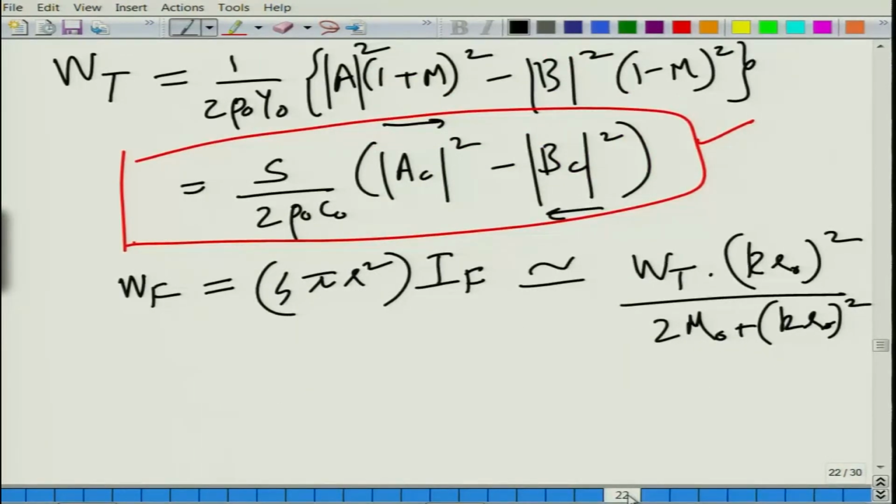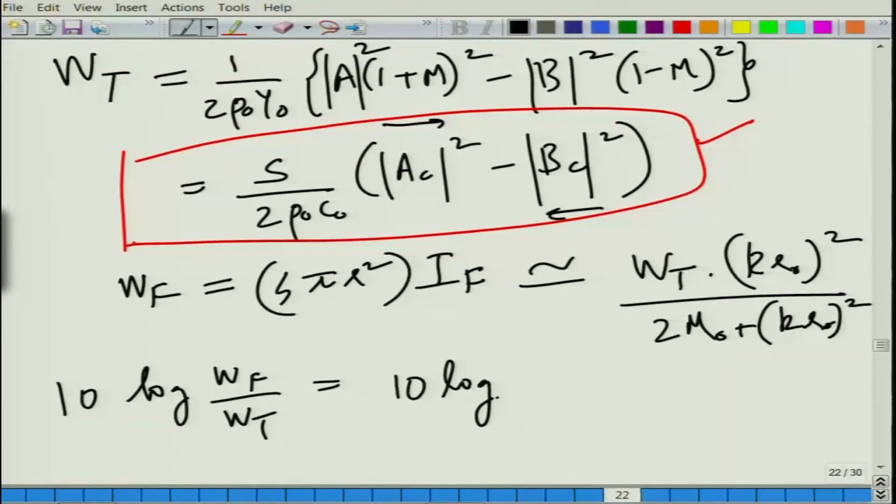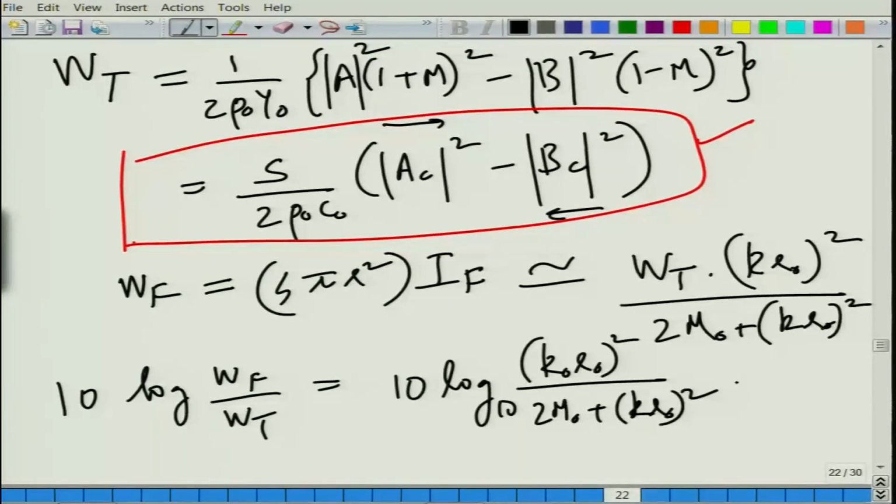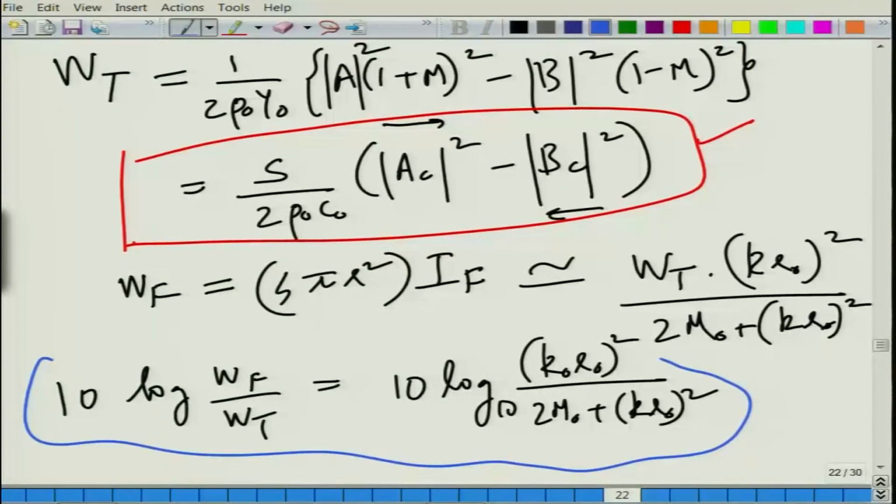Now, WF is this. So, what it means is that if we take the log of WF by WT, and take 10 times the log of this, it would be abundantly clear that we have this sort of a thing. This is the logarithmic difference of the actual power radiated by the jet to the theoretical possible power. So, people have plotted this thing, and what they observed is that